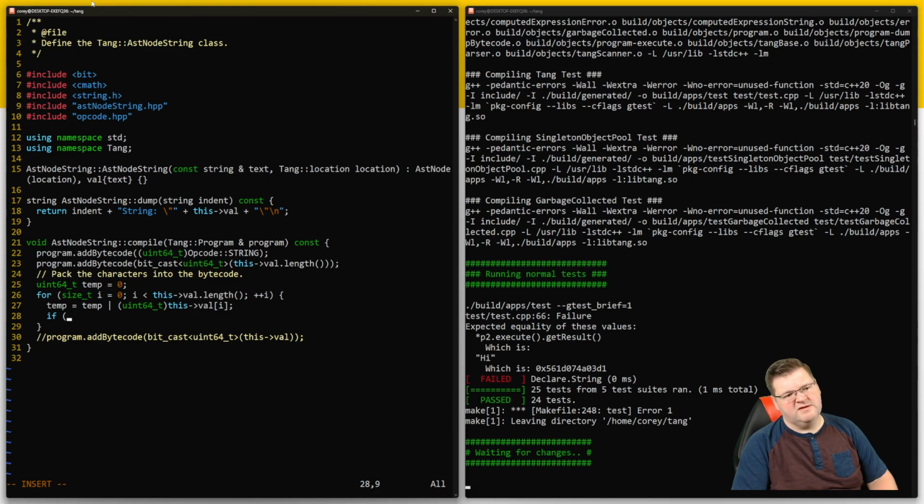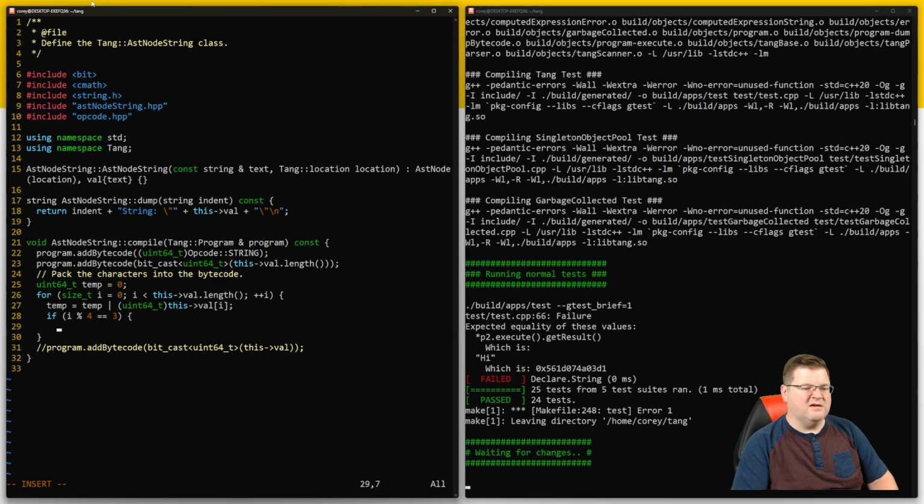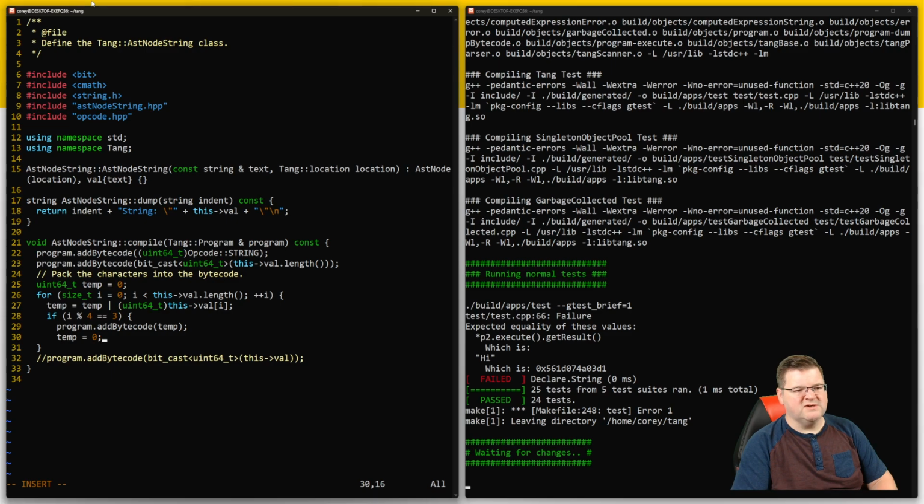If i mod 4 is equal to 3, then add bytecode of temp, and temp is equal to 0. Reset it. Simple enough. And now once we're out of it,